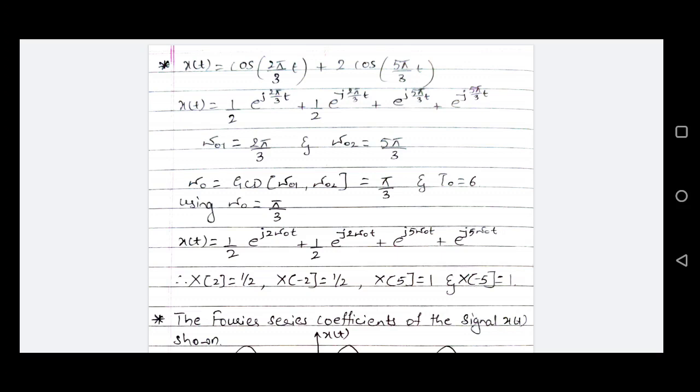Again, expressing both the cosine functions in terms of complex exponentials,